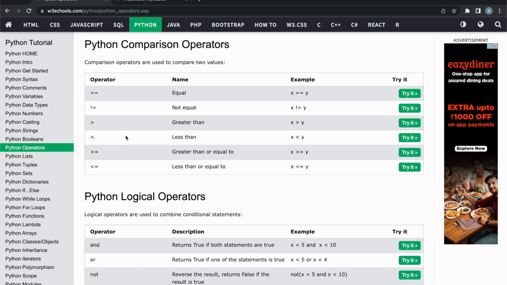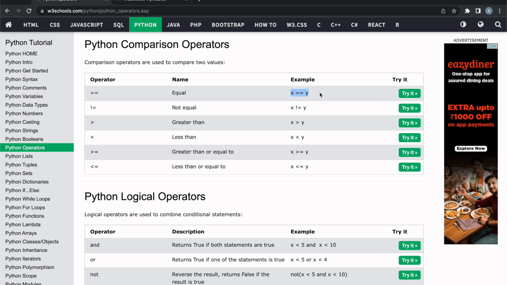After that, we have comparison operators, and these are actually very useful and important. The first comparison operator that we have is equal, which is written as double equal to, or 2 times the assignment operator, equal to equal to. The name is equal. It can be used between two values, or it can be used between two variables. So x